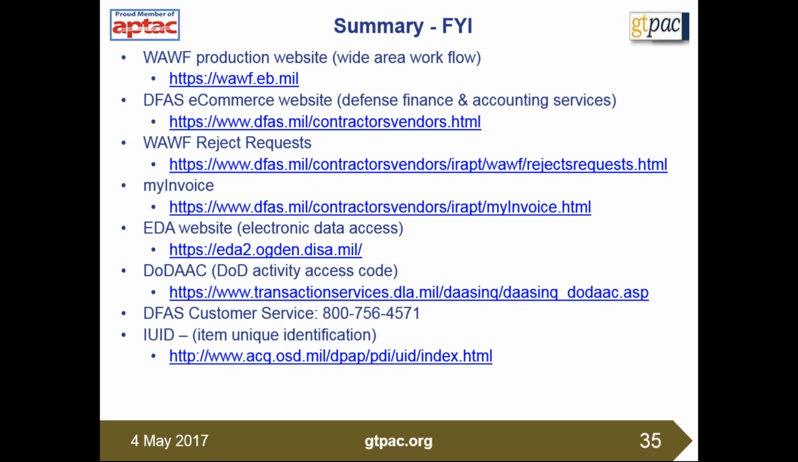Okay, slide 35 is kind of a summary of all the websites. This is the production website, DFAS, and in the last couple of days, I checked all these websites. They should all be working. If you stumble across, as you're looking at this information, doing the same thing, if you see any websites that are not working, or you get the warning saying it's been moved somewhere else, let me know so I can